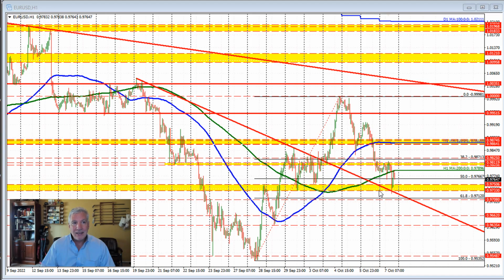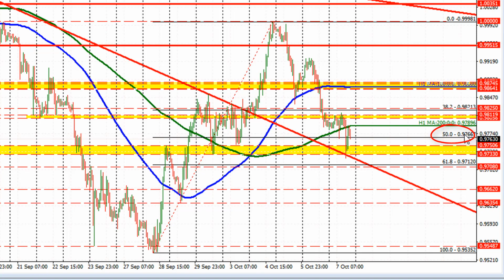That trend line and the swing area were broken both near the 0.9733 level, and the low price for the day reached 0.9725. But momentum could not be sustained, and the price started to rotate back toward the 50% retracement of the move up from the low price that we saw last week and the high price that we saw in trading this week. That 50% came in at 0.97667,